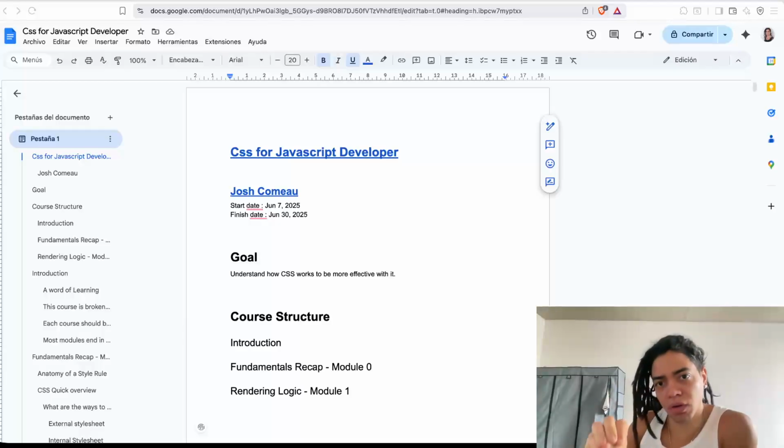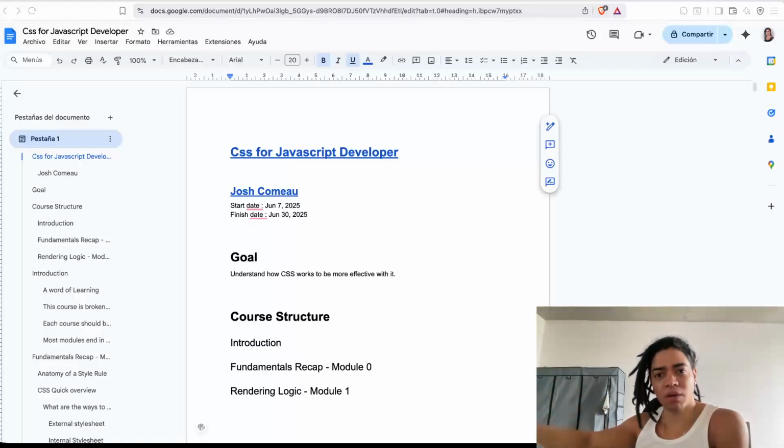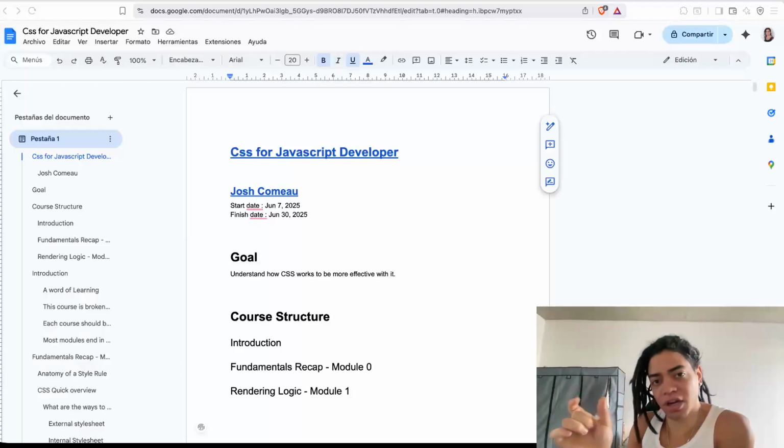And it is important to understand these fundamentals, because based on this we're going to build our knowledge about how we can use this model, this concept, the box model, to create